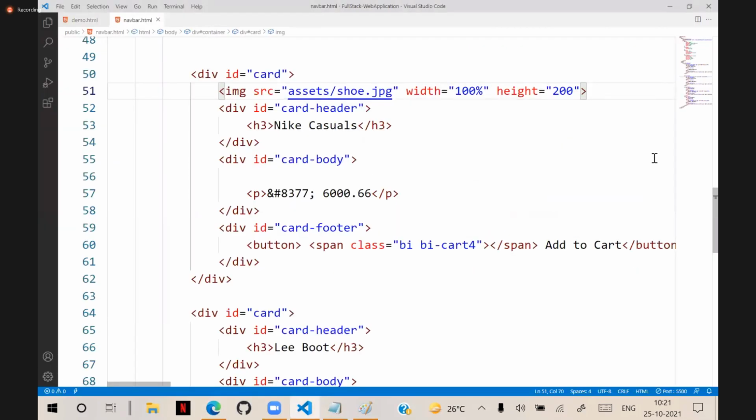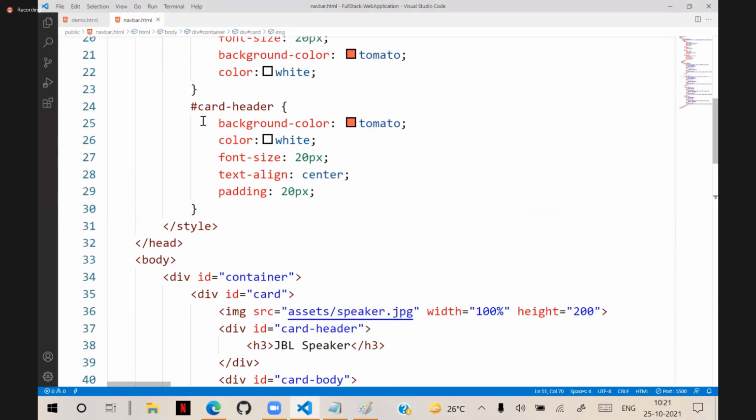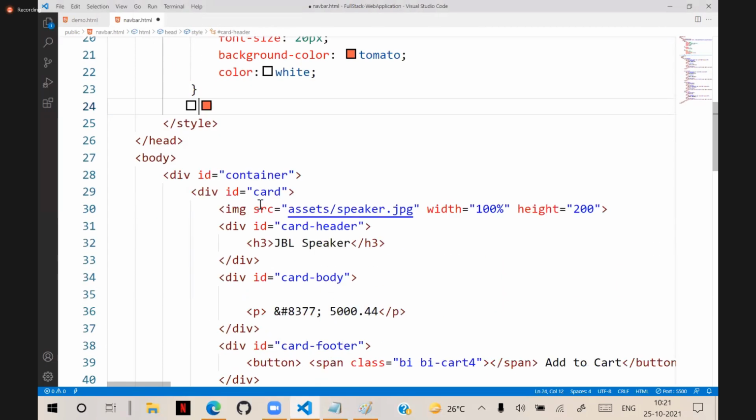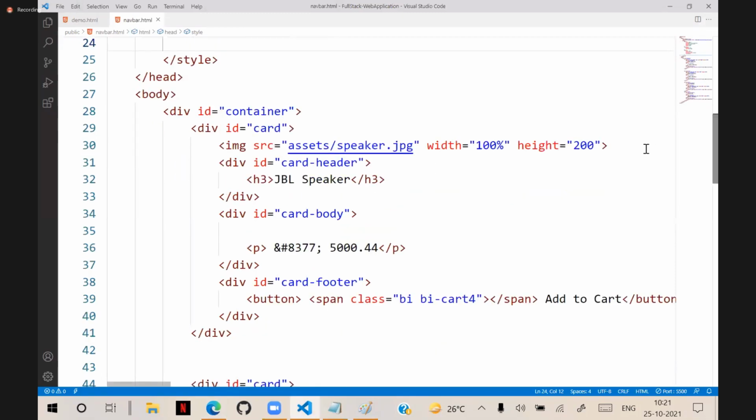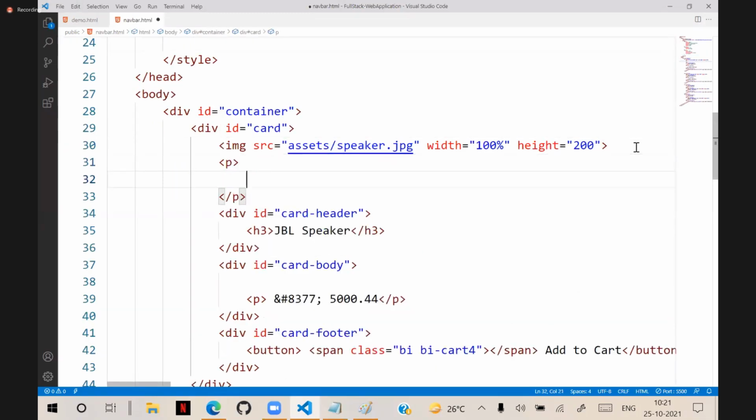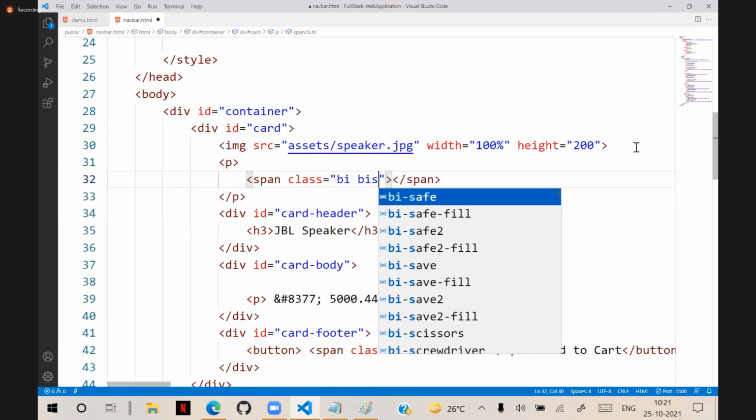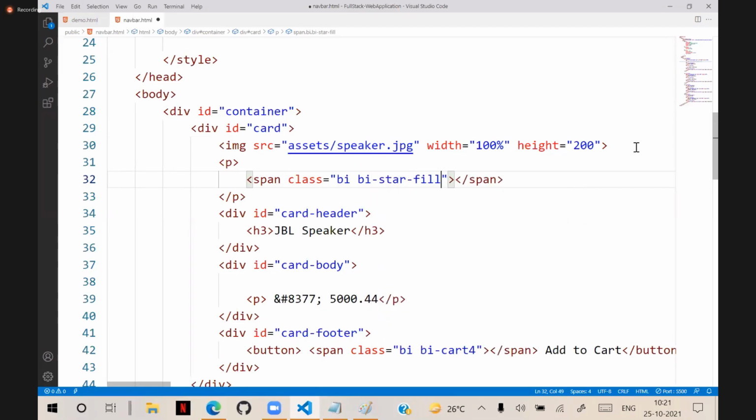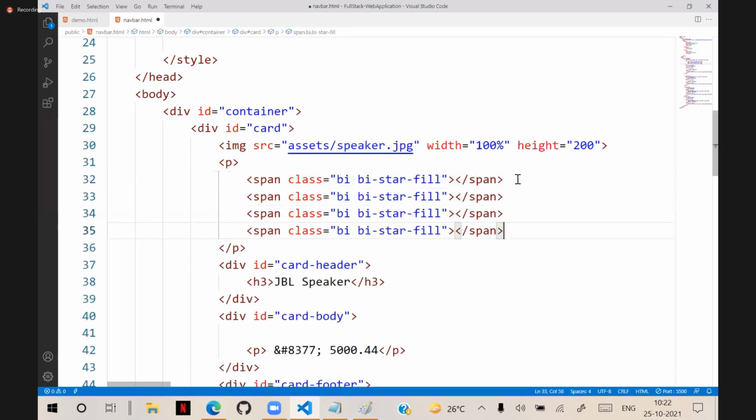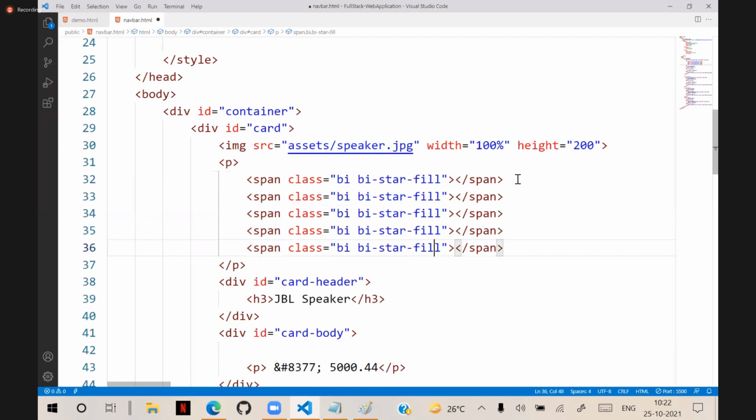Another important thing: suppose I am not using the card header, and I remove all these effects. Now you can see it's normal. Suppose you want to give some rating symbols. Below that image, you can put a paragraph, and in that you can put a span with class equal to bi. In bi we have a star, star fill is there. I will copy that span and paste it 1, 2, 3, 4, and for the fifth one, I will keep